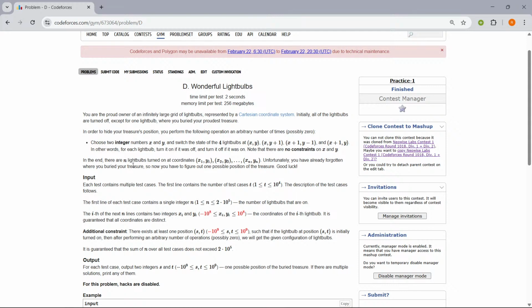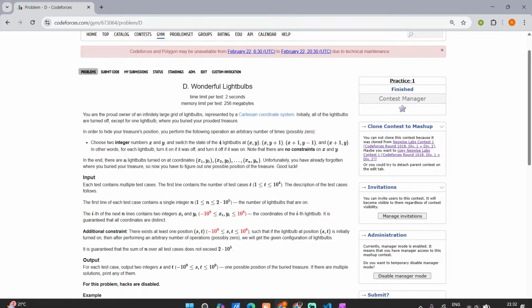It's a toggle problem, so we'll just go with XOR or any of XOR's invariants. We'll check if the coordinates are affected by one more. Like if the x coordinates are x, x, x plus 1, x plus 1, the XOR of x with x is 0.